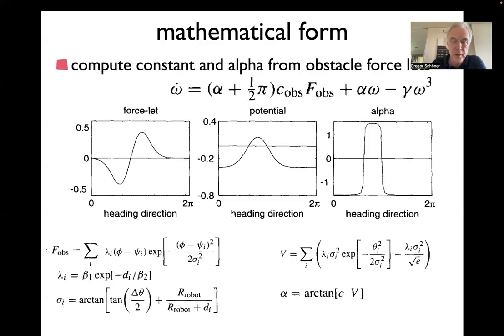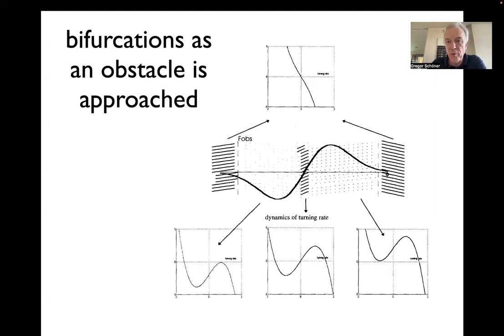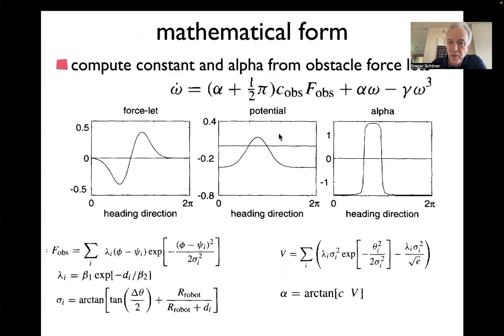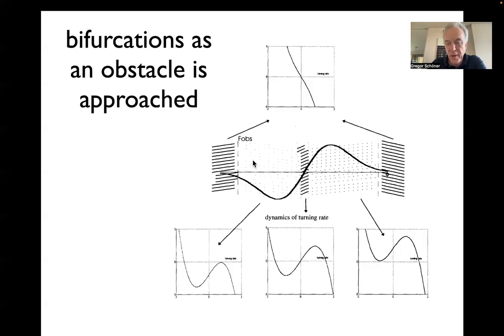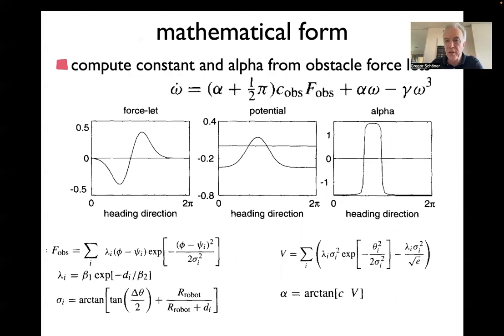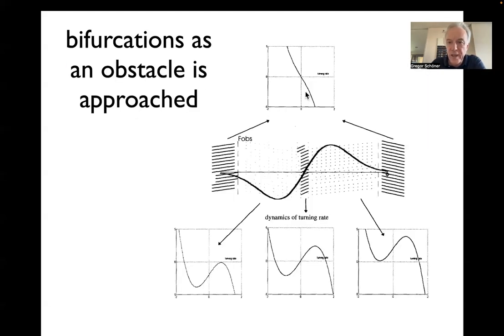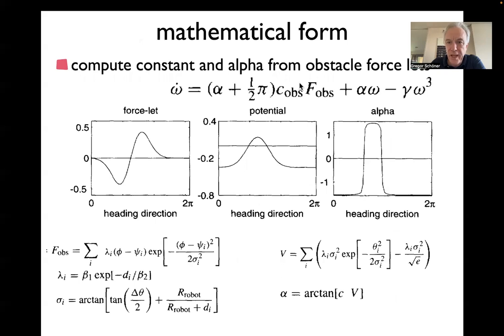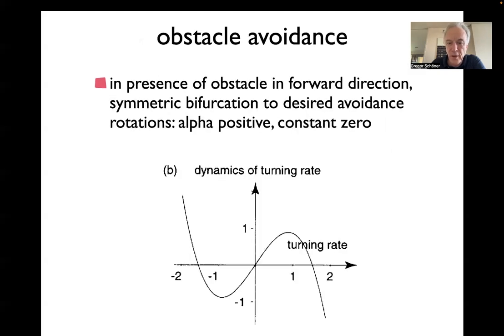That's for every obstacle contribution. So you just sum across these contributions and get this dynamics going. If you're approaching an obstacle, initially you're far, and therefore you would have this attractor, because being far means that essentially this is all 0. And could translate here to minus. And then as you get close enough, you can have 3 cases. There would be a case where it's symmetrical, right here in the middle. That will be where these 2 terms cancel. This is 0, and then you get the raw